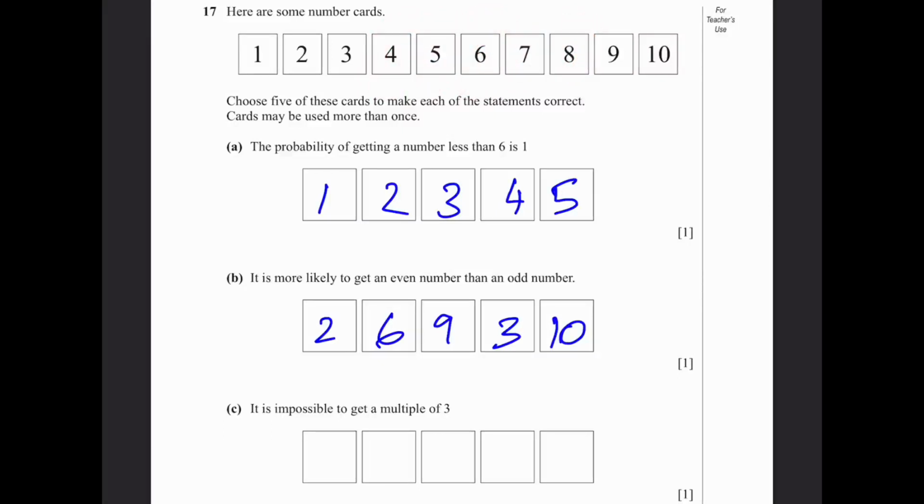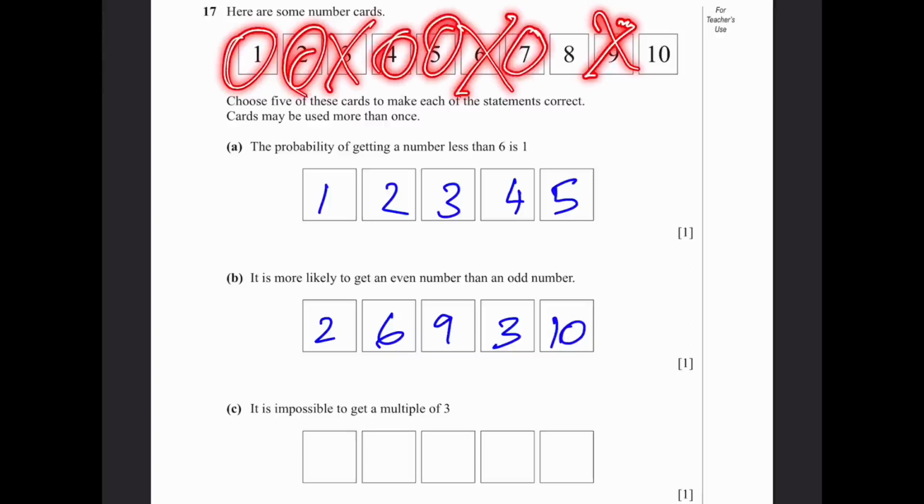C. It is impossible to get a multiple of 3. Impossible means 0 or 0%, or 0 whatever you want. That means that 3, 6, and 9, which are the multiples of 3 here, are not allowed. So I will be taking 1, 2, 4, 5, and 7, but it's also allowed to take 8 and 10